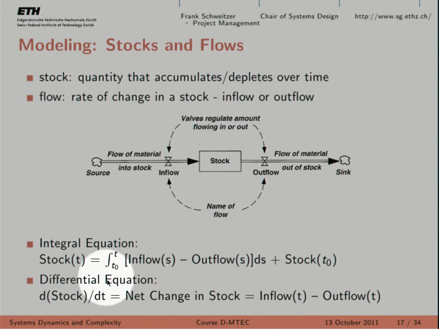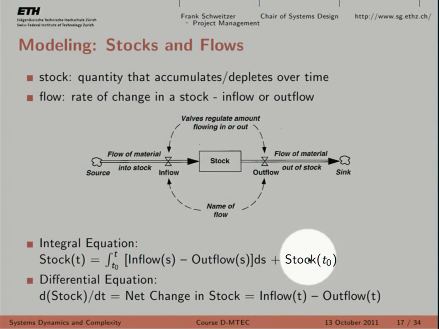It's all conceptual. I mean, it's all up to you how you define your stocks and your flows. But this is the idea. If something accumulates over time, it's a stock. If it's just a temporal or instantaneous flow, it's kind of a double definition, but you got the point. So the stock is simply the net difference between everything that goes into a stock and that goes out of the stock, and you sum this. Basically, integral is just a sum. You sum this over all the preceding time.